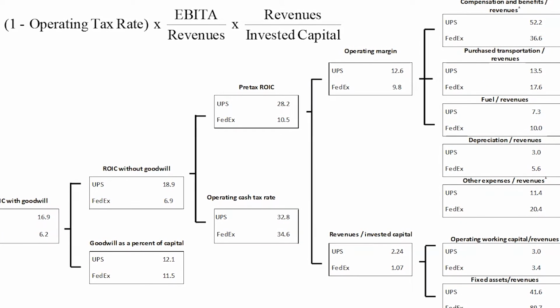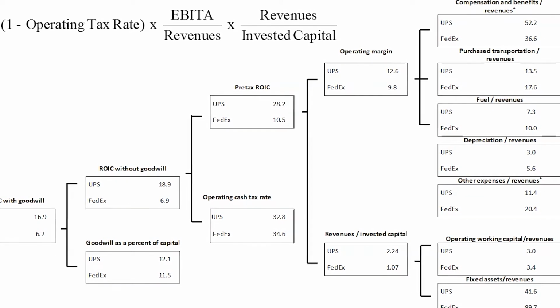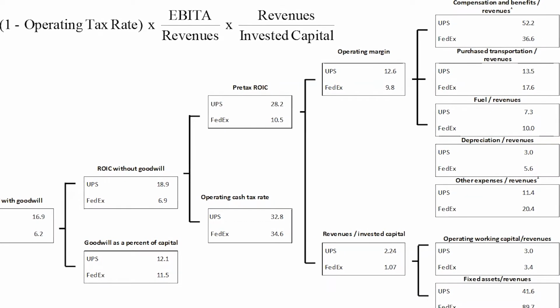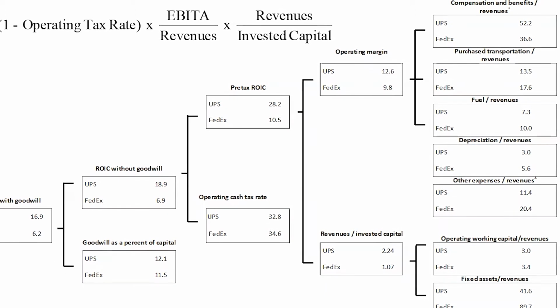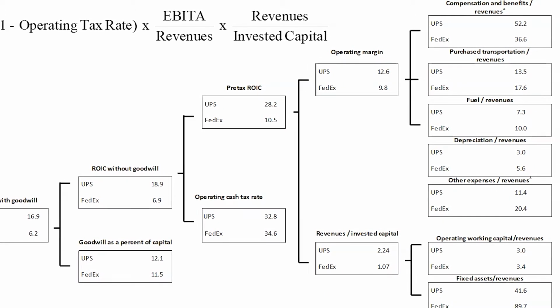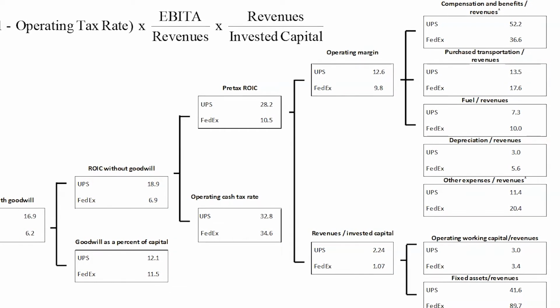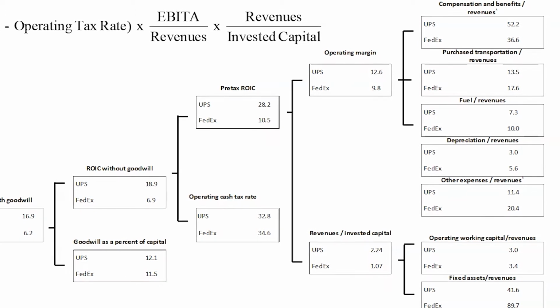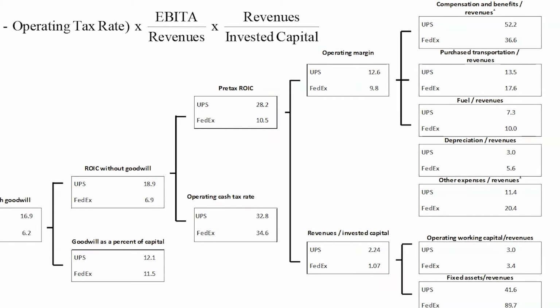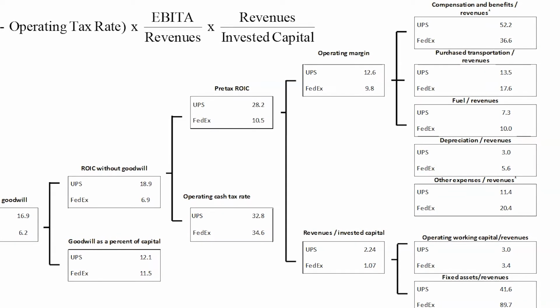So we look at their operating tax rate, and we see that UPS does pay a slightly lower tax rate in 2013 than FedEx, 32.8 to 34.6 for FedEx. That's not a huge difference here. This is about a 2% difference, and so this can't be what's driving the large difference in return on invested capital. So we go up and we look at what we call pre-tax ROIC, which would just be